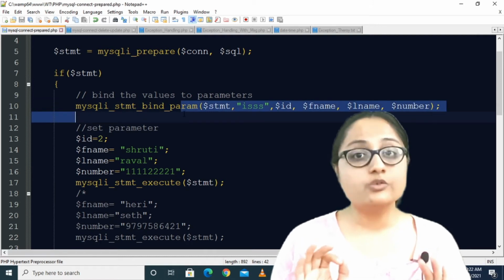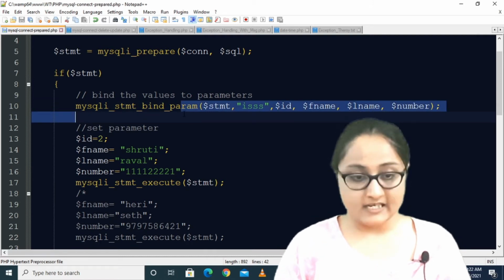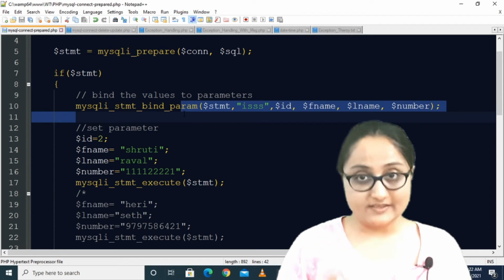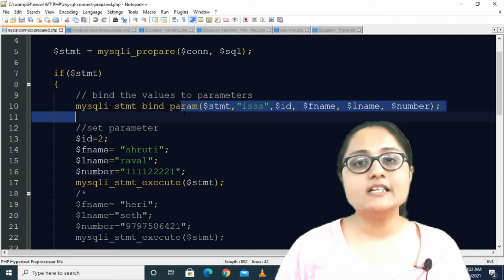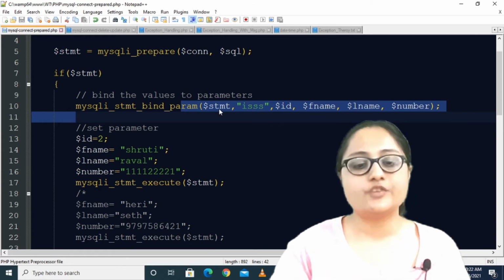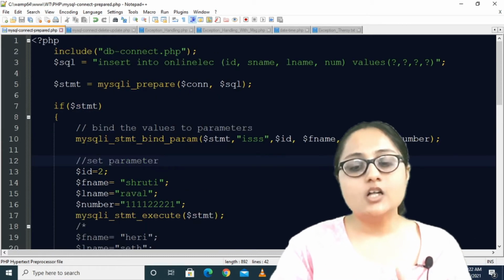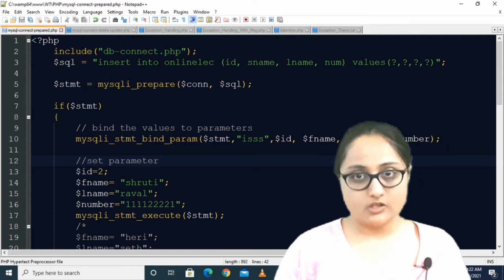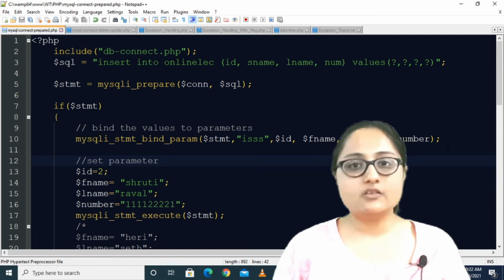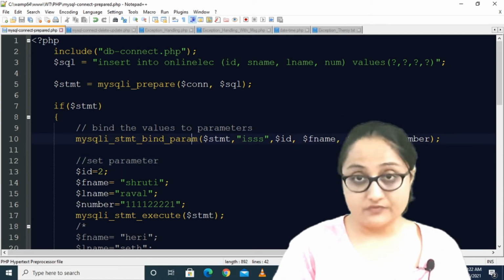mysqli_stmt_bind_param. You have to remember this function name. mysqli_stmt stands for statement, then _bind_param. This function binds the unspecified parameters with variables. What parameter values do we specify inside this function?